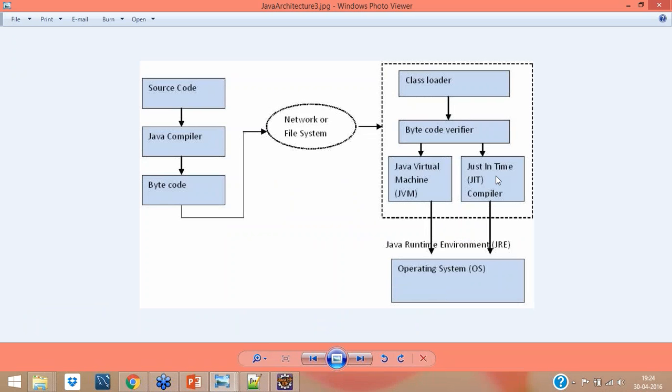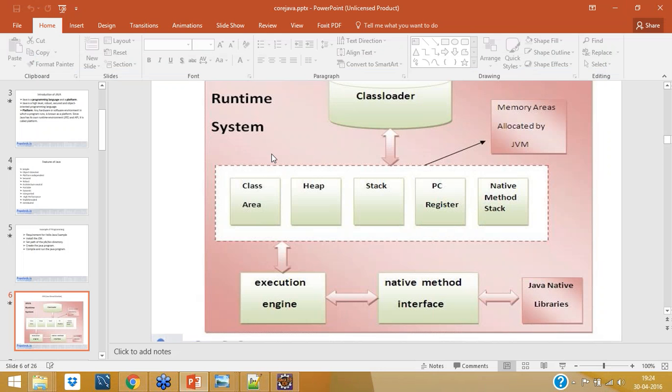It says, give me something and I'll execute whatever you give. Before that, the verification will be done. Whatever we write in Java is already verified and compiled before coming to the JVM, saying it is safe for you to take. So the JVM will take it and run it.